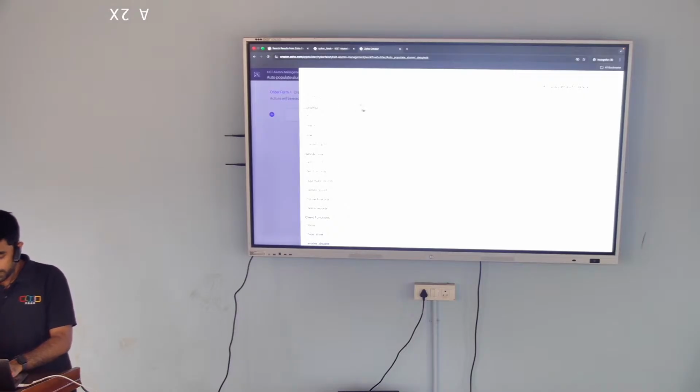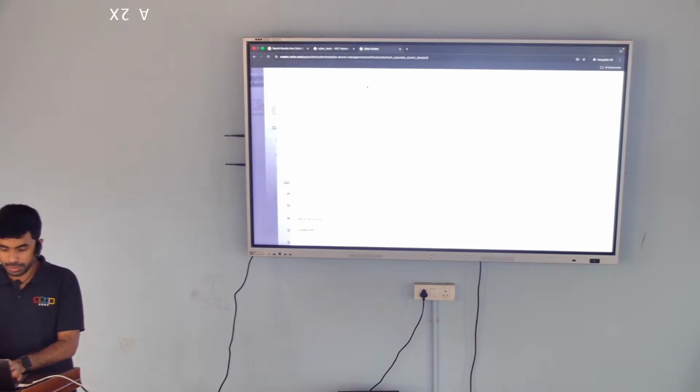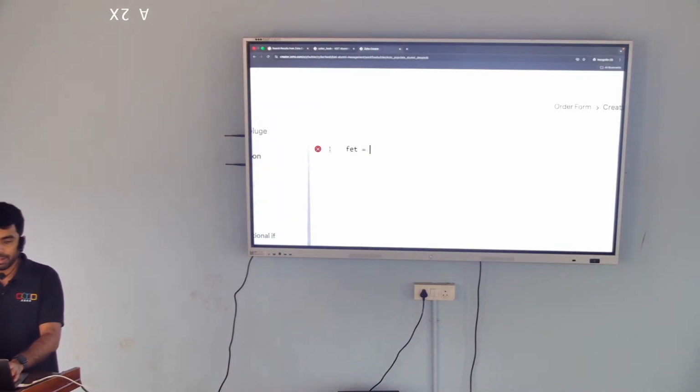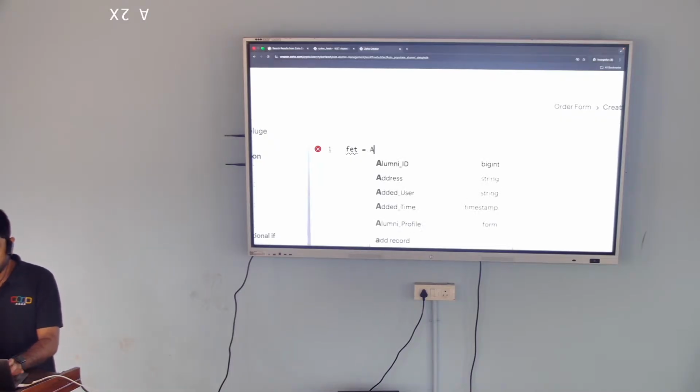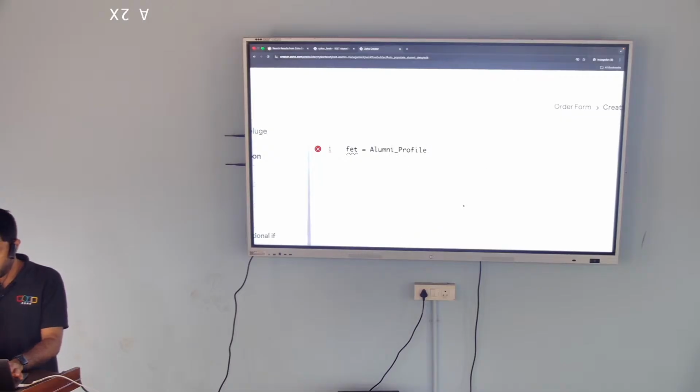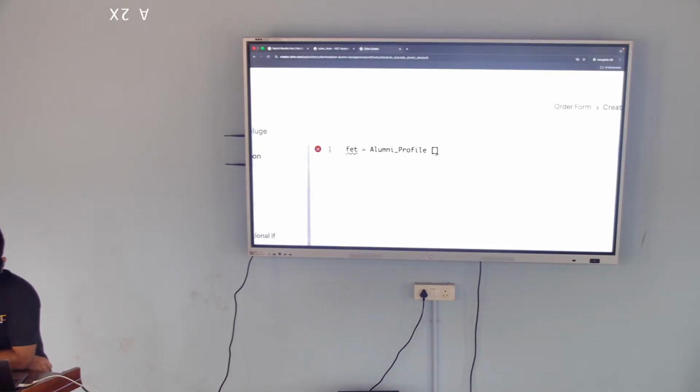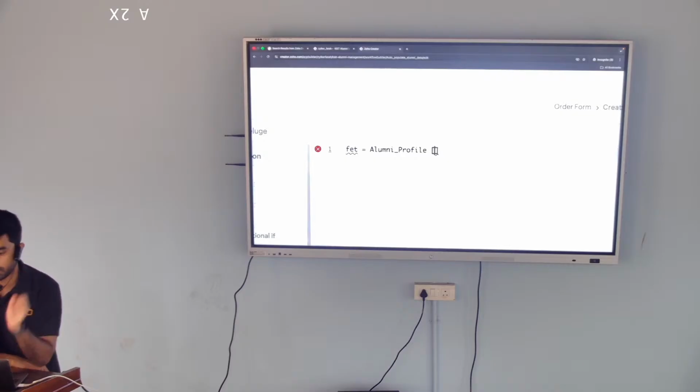First we have to fetch your alumni details. For the first fetch statement, I use FET. FET is the variable. It can be anything, like ALM or ADB, whatever. Ideally, it should be something you can identify. FET stands for fetch. So FET equal to, what is the form name? The form name is alumni profile form. What are we fetching from the alumni profile? ID, because we need all the details of the particular person, and only then can we take a particular set of details. So ID equal to,